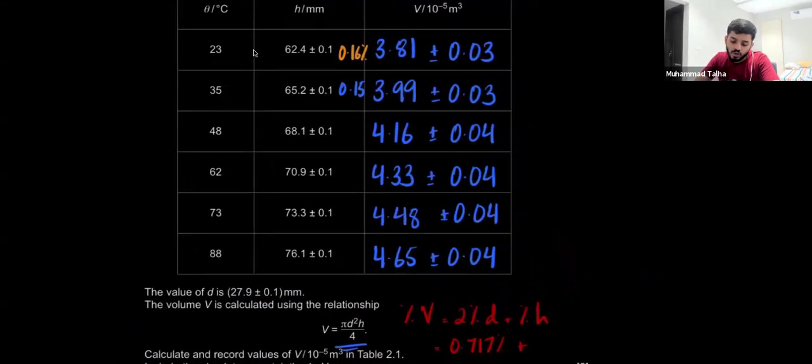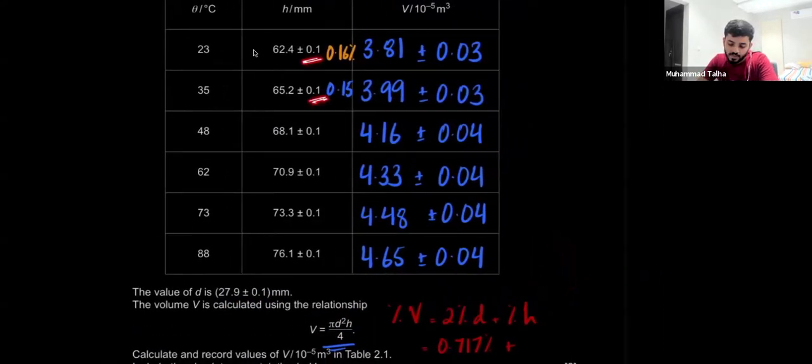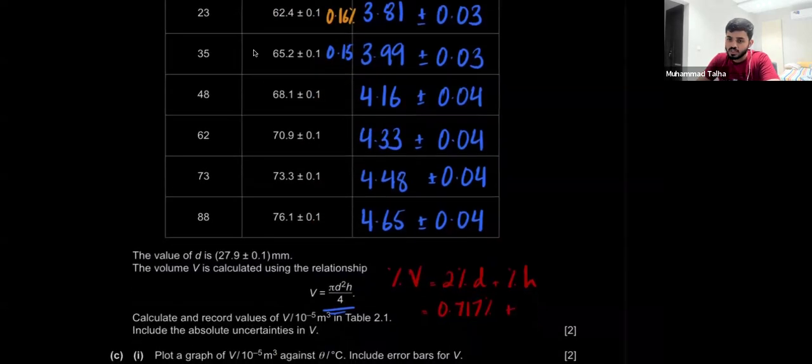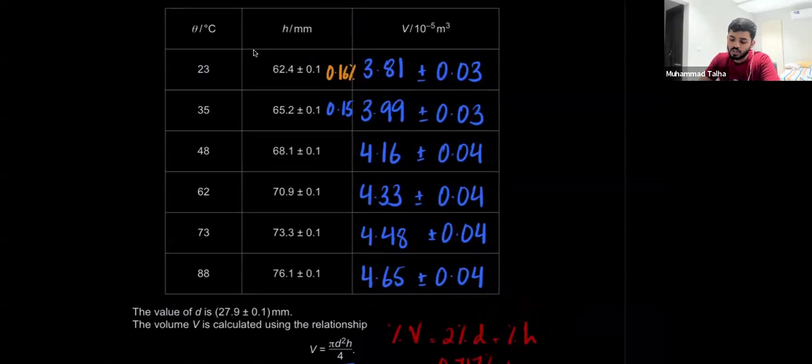And then for each value, if you look at it, the absolute uncertainty is the same. But because the principal values are different, the percentage uncertainties will also be different, right? So I need to calculate that every time. For example, if I do this for the first one, 0.1 over 62.4 times 100 turns out to be this, right? So this is my 0.16 right here. Then I add both of these. This becomes my total percentage uncertainty in V. And because I found these principal values previously, I just take the percentage of this, and that gives me my absolute uncertainty. All right, does it make sense now?